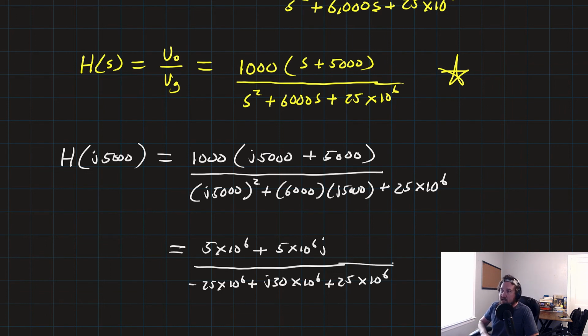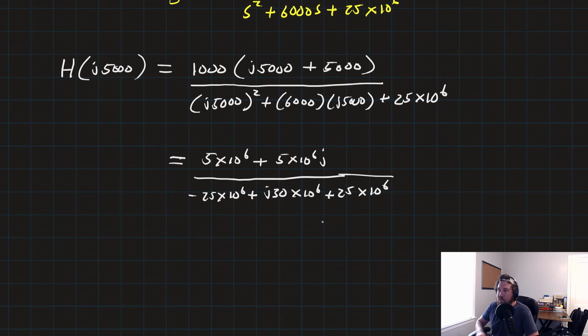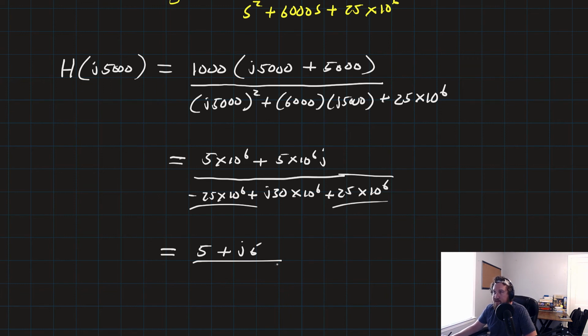Now, since 10 to the 6 appears in every single term, I'm going to go ahead and lose it, and we'll get that our response here is just 5 plus j5 over minus 25 plus 25, which is 0, so it's just going to be over j30,